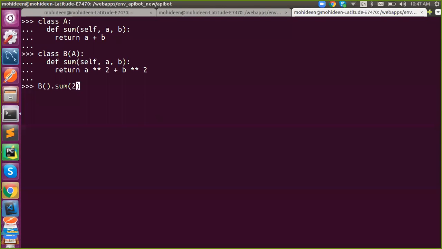I have to pass something: 2 comma 3. So the answer will be what? 2 square 4, 3 square 9. The answer is 13, right? But I want this to work. What to do?